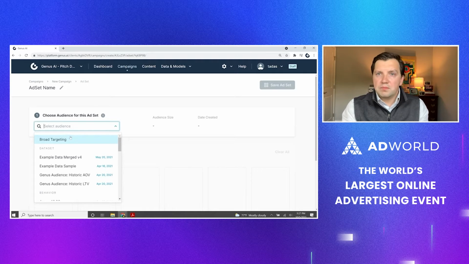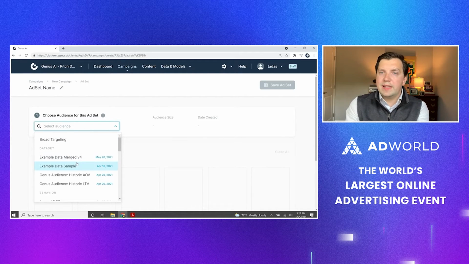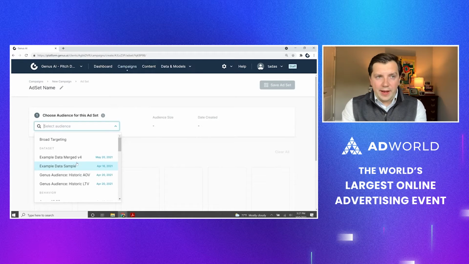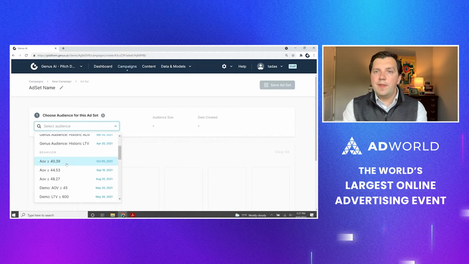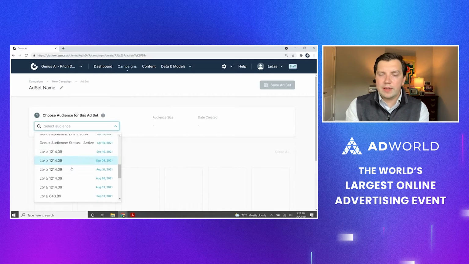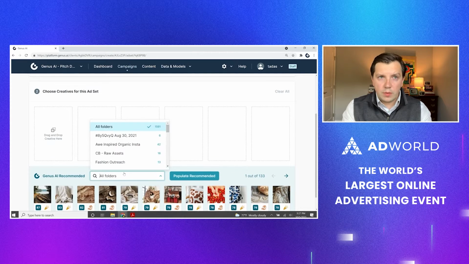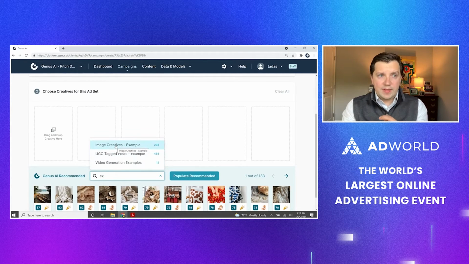Brand can select broad targeting, so no audience at all, or select specific customer audiences ingested from e-commerce sites like Shopify or any other e-commerce shop, or identify seed audiences within the customer base around specific KPIs like average order value, lifetime value, churn status, etc. Or lastly, around particular communications archetypes that we created, where we look for pockets of valuable customers to form seed audiences. And in that case, select a folder with creatives where the system is able to create what's called a